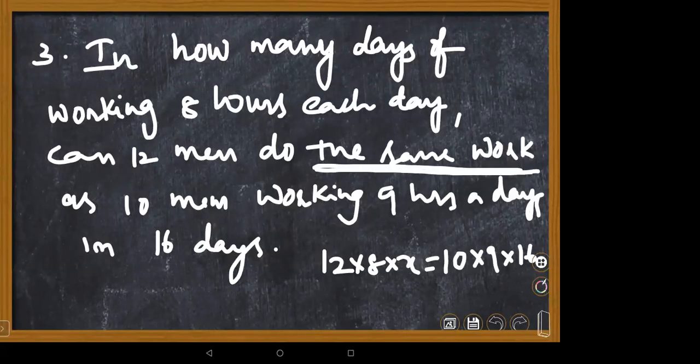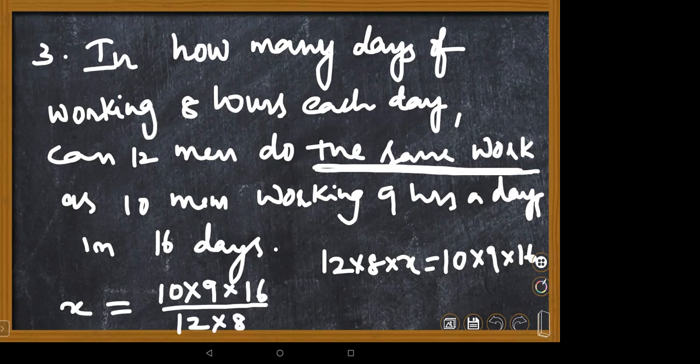Very good, Satvik. What will you get if you find the x value? Ma'am, 15. And this is indirect, right? Yes, because the number of men decreases, ma'am. So 10 into 9 into 16 divided by 12 multiplied with 8. 8 ones are 8, 8 twos are 16. 2 ones are 2, 2 threes are 6, 2 fives are 10, and 3 ones are 3, 3 threes are 9. So together, how many days, Nana?